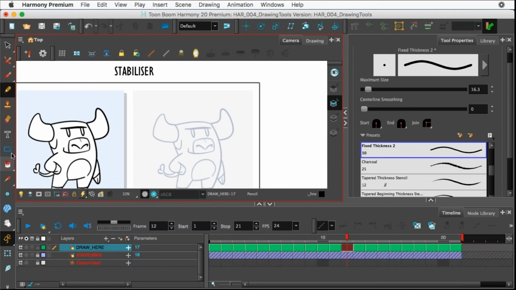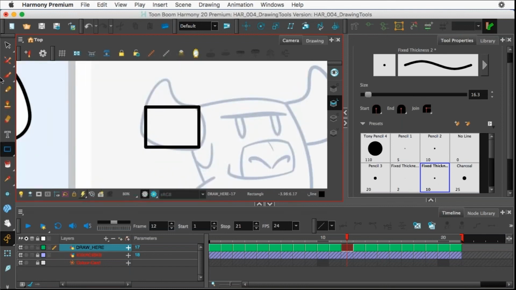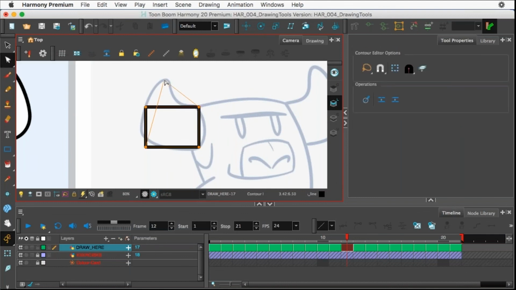Now for me, it's still easy to just grab the rectangle tool and just kind of pull out my points where I want them to be. Let's go there, there. Let's go there, and I think that's it, maybe. But yeah, I would probably just do something like